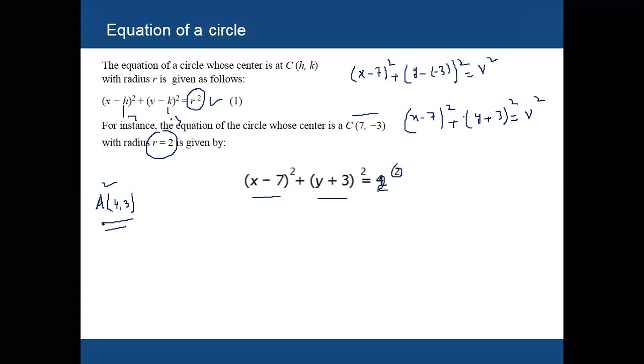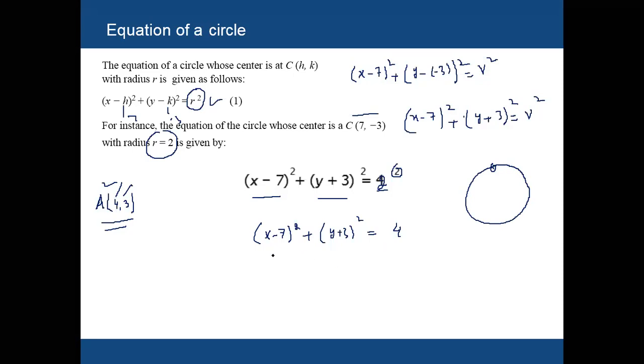Now points are given. These are actually x and y points. Now our equation is x minus 7 whole square plus y plus 3 whole square equal to 2 square, or 4. I will write only 4 here. So if you put these values of x and y, first one is the x value, second one is the y value. If both sides are equal, this means that these points lie on the circumference, the boundary line of a circle.